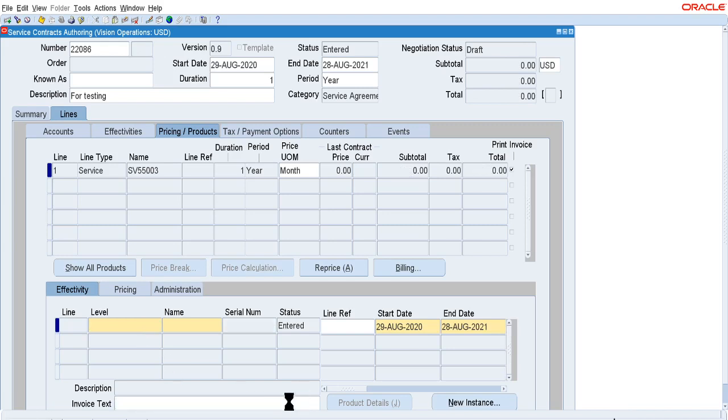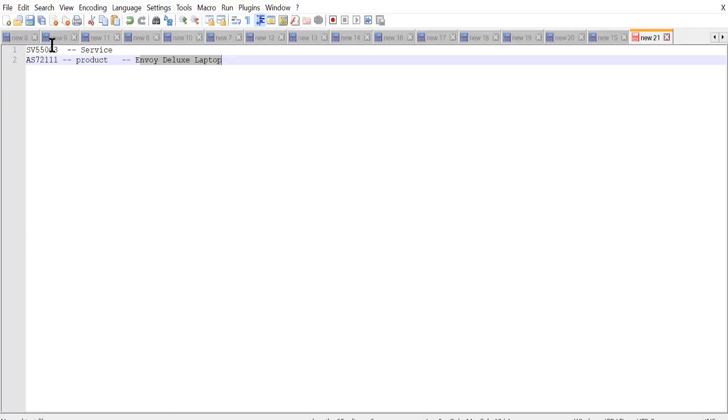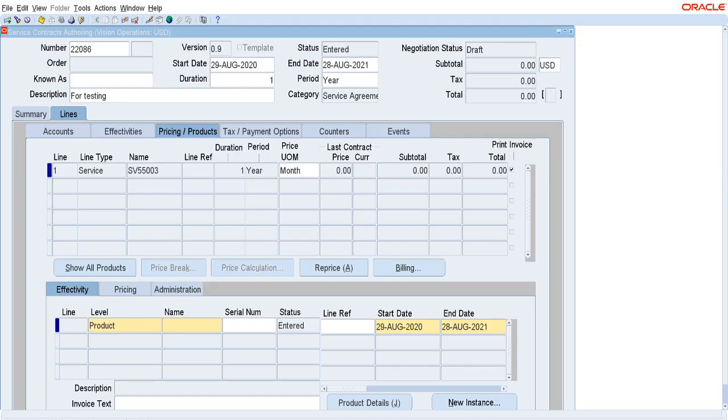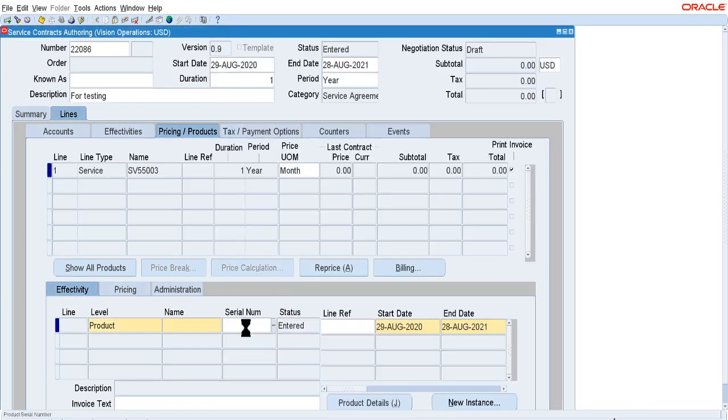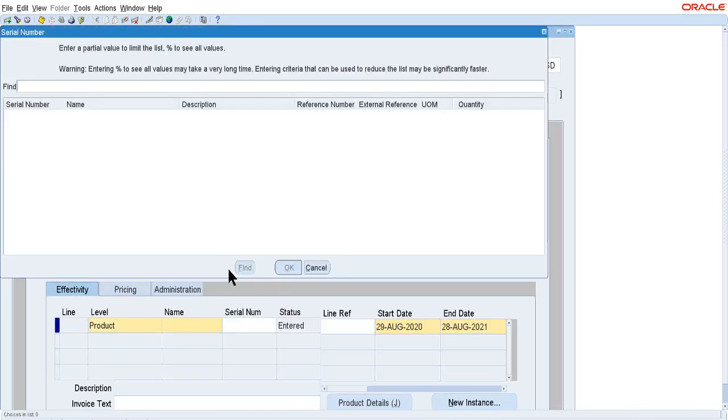Information I am selecting here, I am clicking over there, I'm just selecting product. After product I am taking the product line, but let me check. This is already, I think the product is available in some other contract. So that product has already been in another service contract, that's why it is throwing the issue.